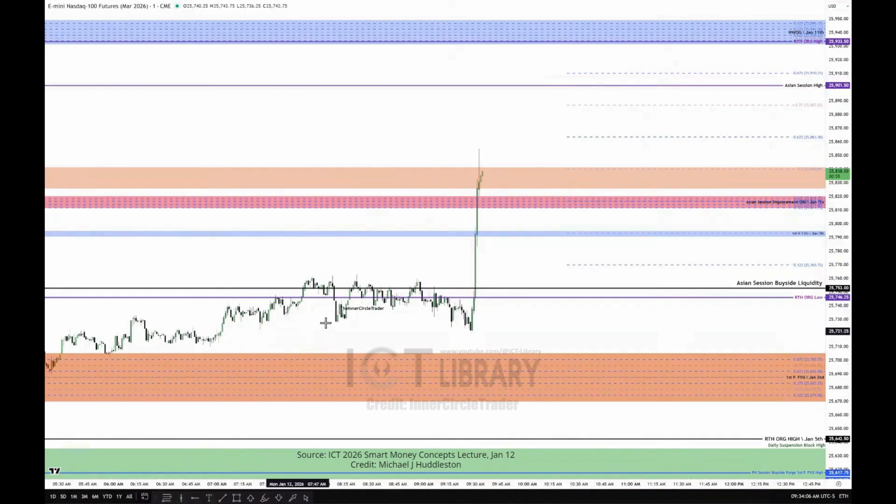Okay, so the only thing they did was came down and disrupt that trend line, like I told you. That was your Judas. No need for it to go down into this business down here. Subtle little retracement, and then expansion into the outside. Real aggressive run into old PD arrays. Upper quadrant is here. Asian session high here.